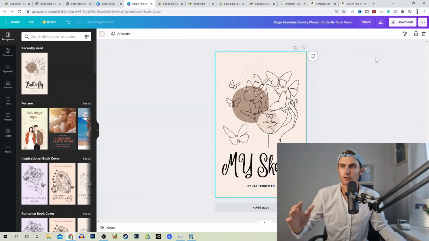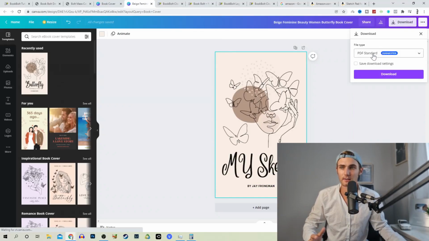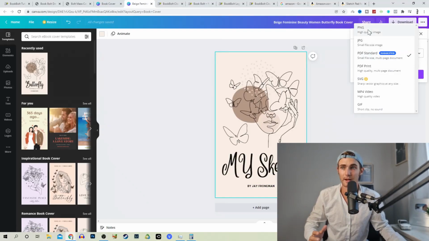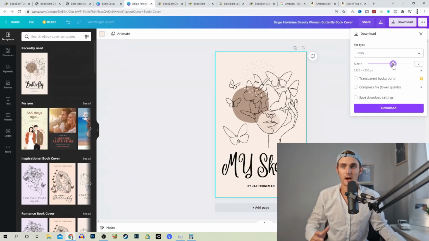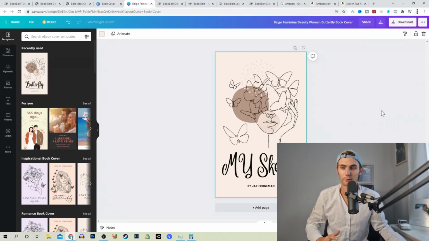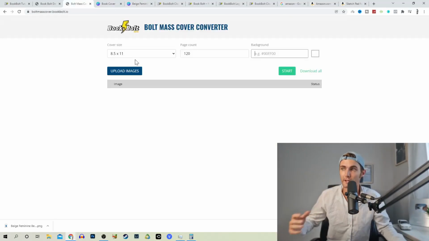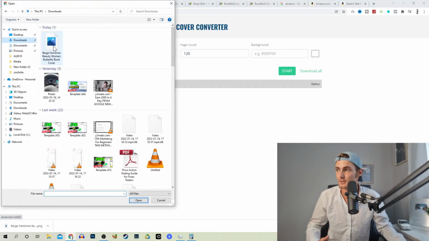Once your cover's done, you can go and click on download on the top right, click on, I would select PNG, high quality image. For the size, make it as big as possible. I would select number 2, so it's twice the size and a good quality. Click on download over here and it will download to your PC. We can then come back to our mass book converter over here, click on upload images, select that same image